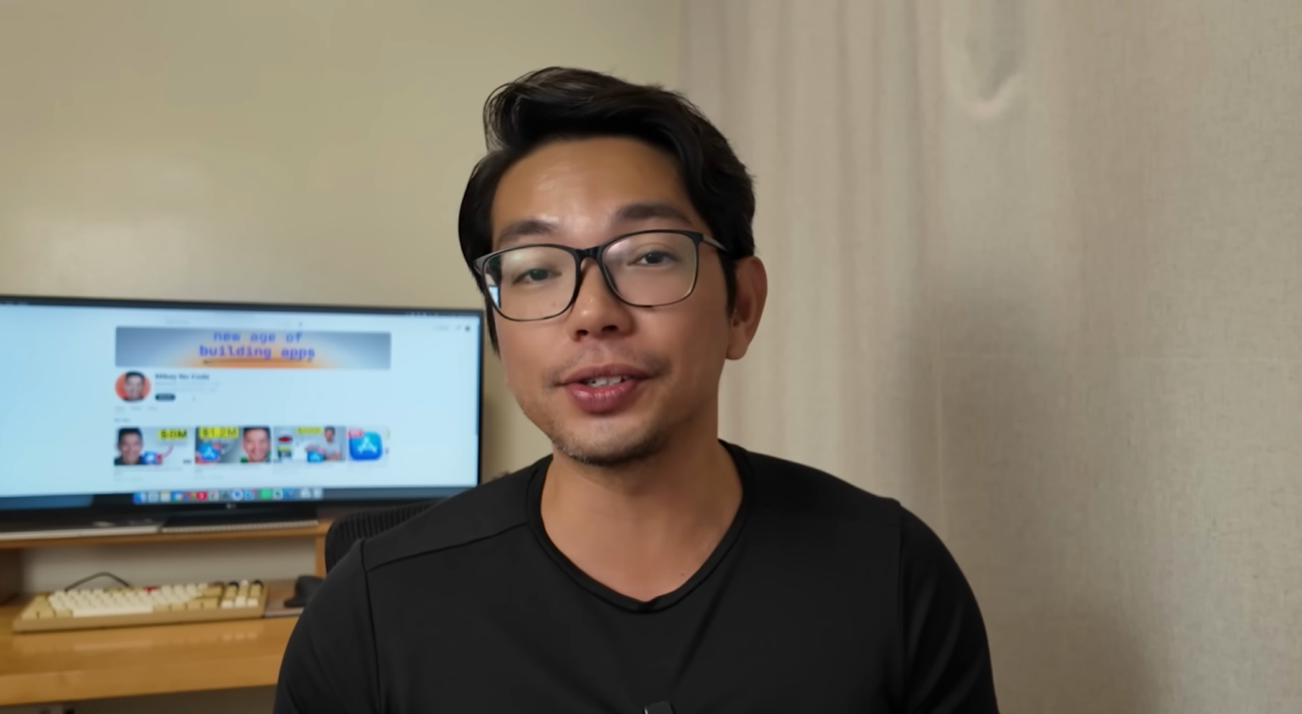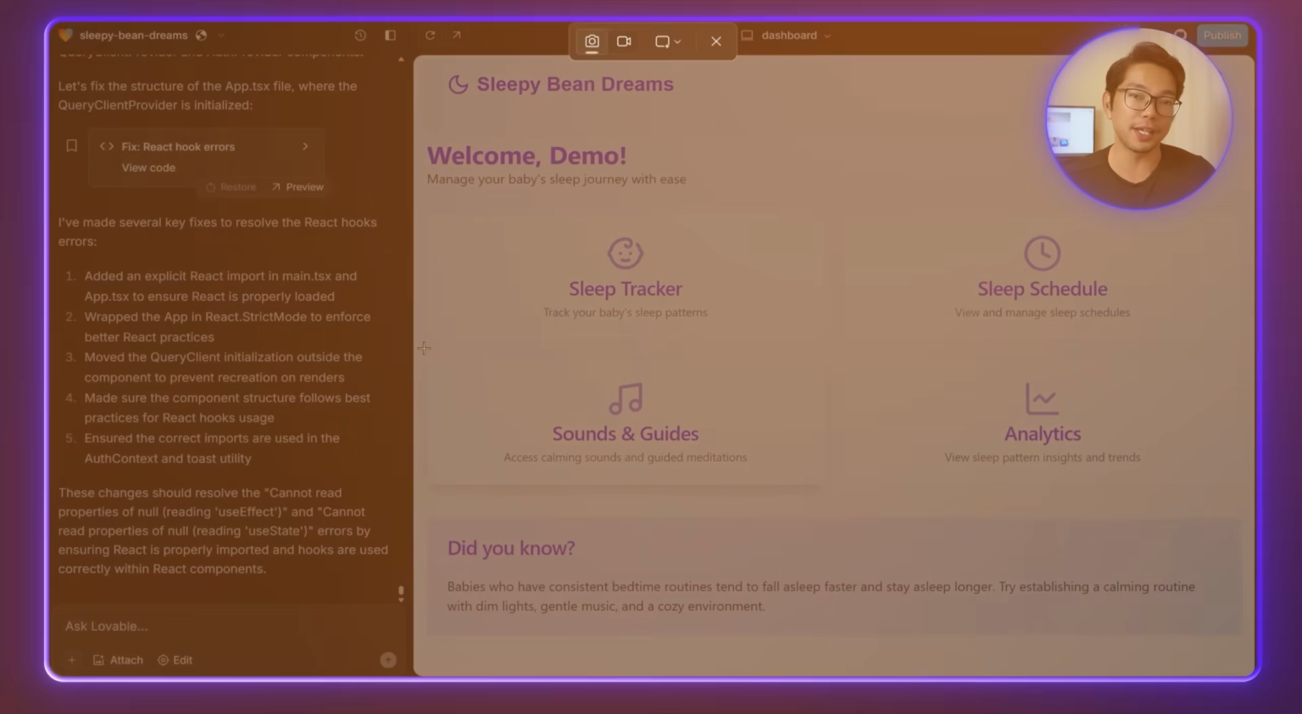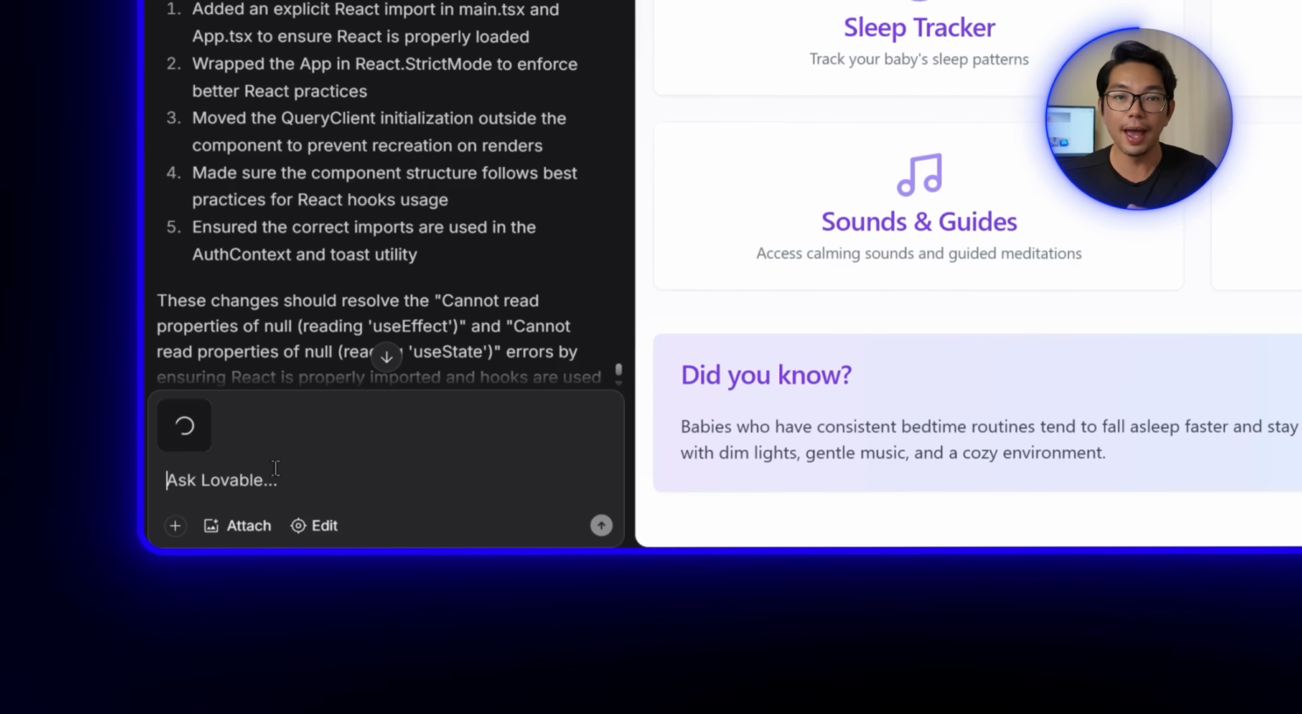Next up is the sounds and guides feature. This one's designed to give parents access to calming audio that helps their baby, and maybe the parents too, fall asleep more easily. And just like before, we'll take a screenshot, attach it in Lovable, and type in,